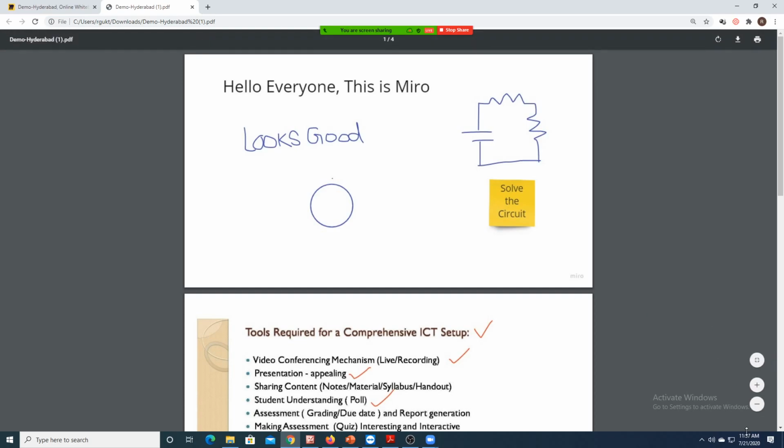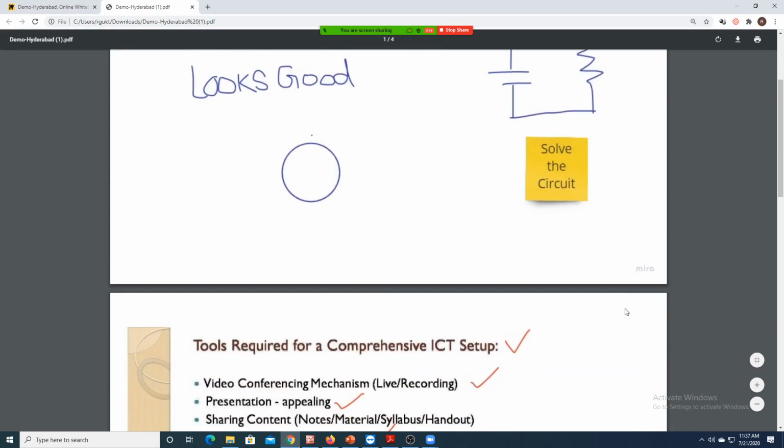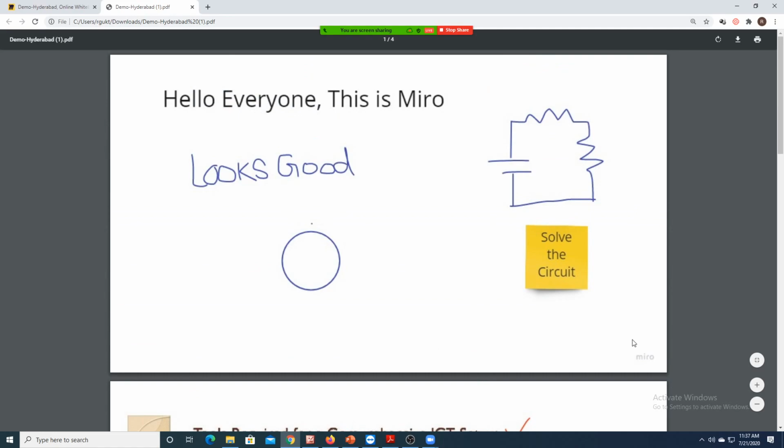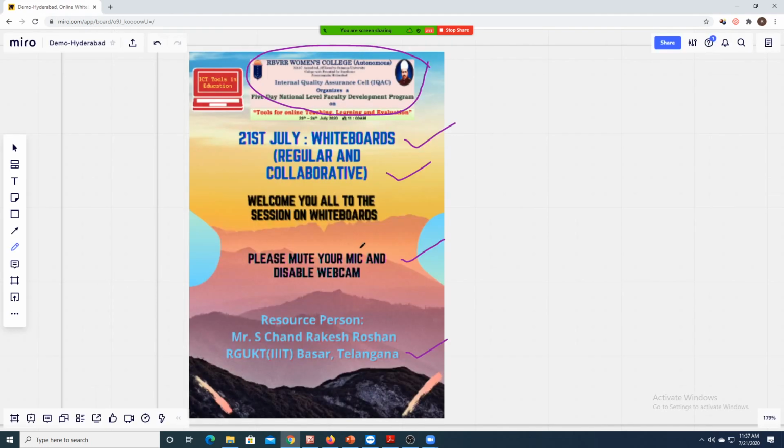The only thing is you get a small watermark at the bottom, Miro, which doesn't matter as such. So don't worry too much about the watermark. If you don't want to share the PDF, nothing like that; if you want to share, you can do that. So this is how you can use it online for your online classes with your students, and you can also share the PDF, or you can share the image.